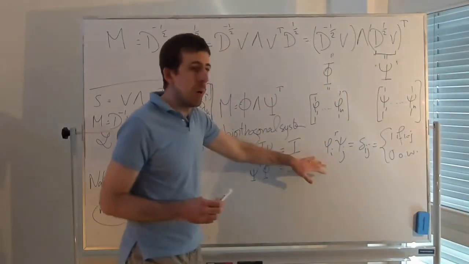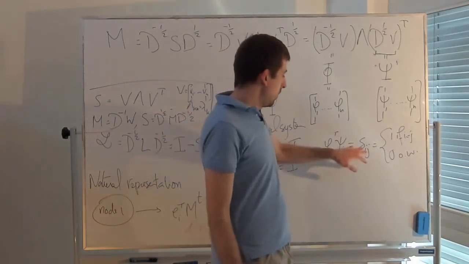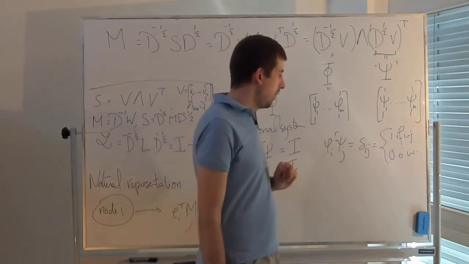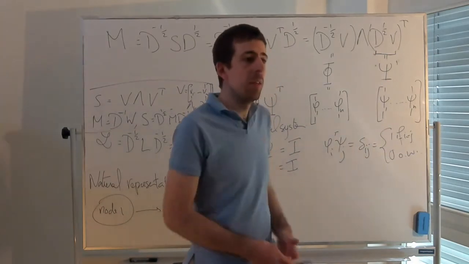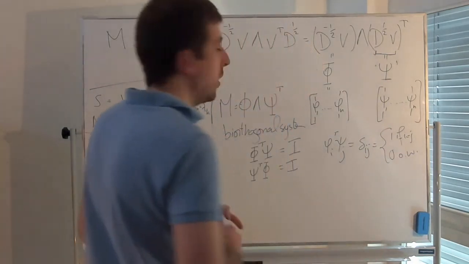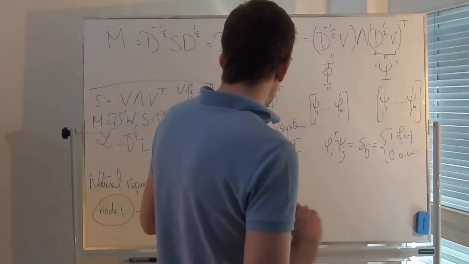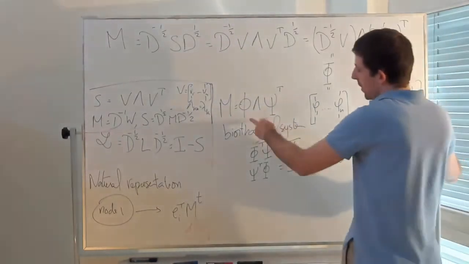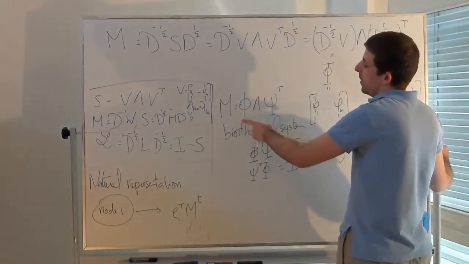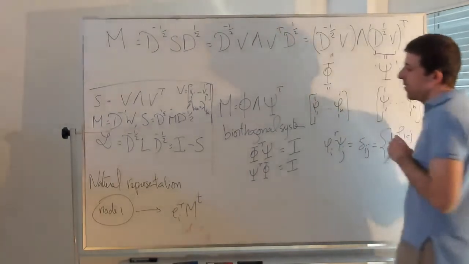So we know that this is a bi-orthogonal system, right? The inner products give 1 if they are the same, and 0 otherwise. If phi was the same as psi, this would be exactly the same as being an orthogonal system. This is called a bi-orthogonal system. And in particular, what this immediately gives is that these are, respectively, the right and the left eigenvectors of M,